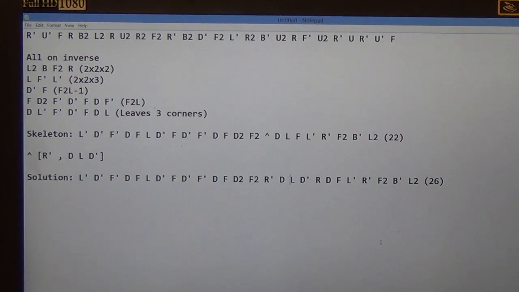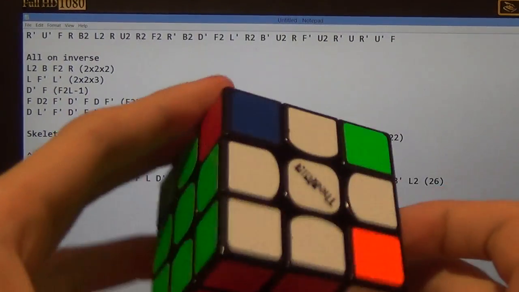Hey guys, this is just going to be a quick video talking about how I do insertions for FMC. Before I get into it, I'll just do a brief explanation of what insertions are for those who don't know. What that is, once you have solved most of the cube except for maybe a few pieces, in this case